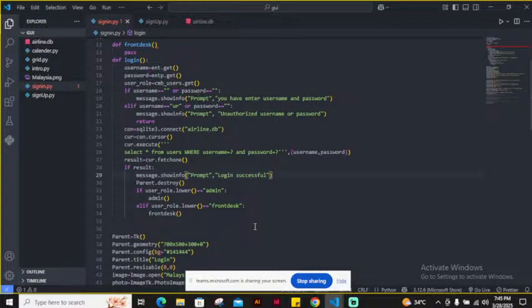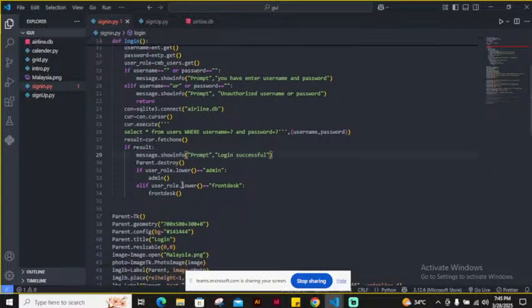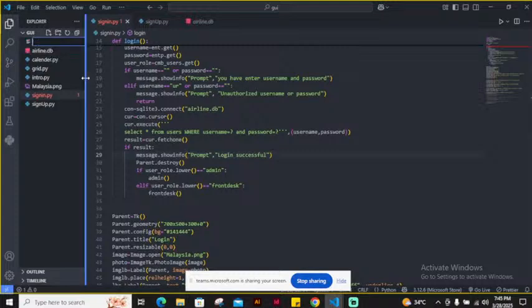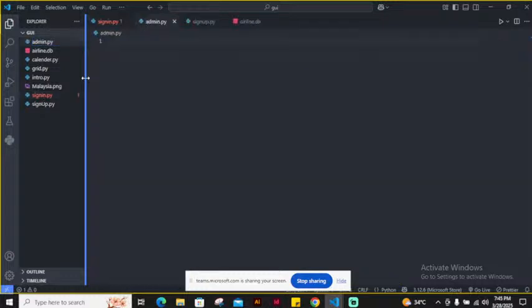So now you notice that this admin is a dashboard, which is going to be a Python file, right? Front desk is what is going to be another Python file, isn't it? But first things first, let's create another file here. Call it admin.py. Yes. So in this particular file that you have there,